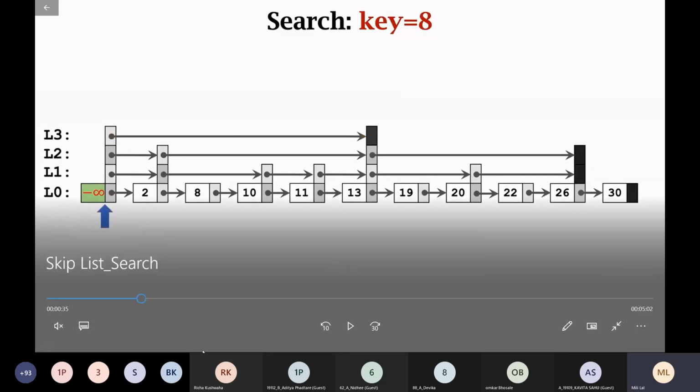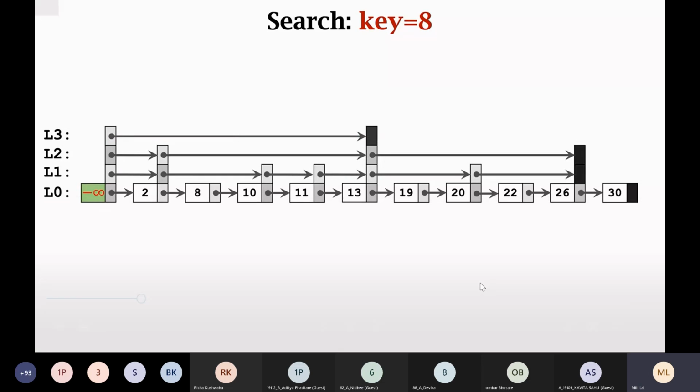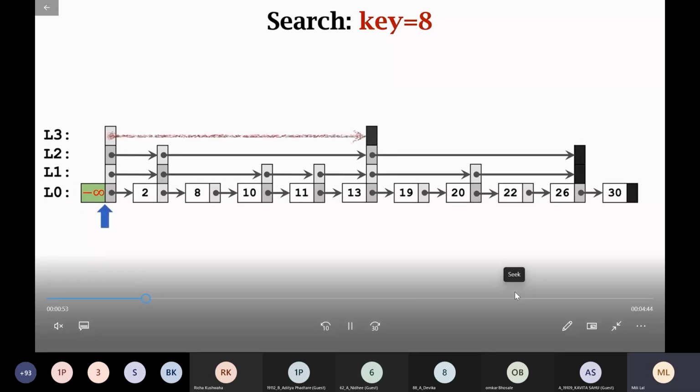I want to find key 8. So see how it works. You start from the sentinel node, you go to the topmost level, 13 is found, that means 13 is greater than 8, so you have to go to the left side. So you go one level below the sentinel. Key is less than 13, so you go to level 2.